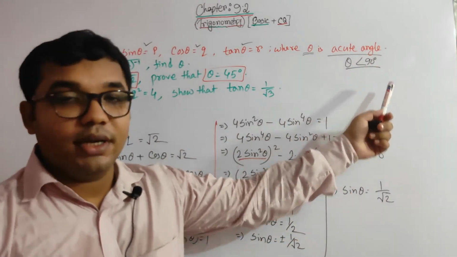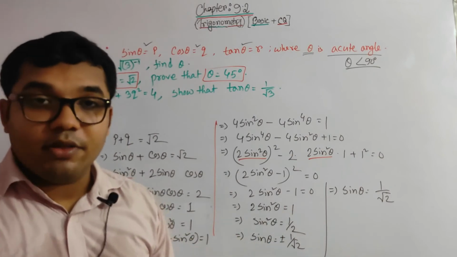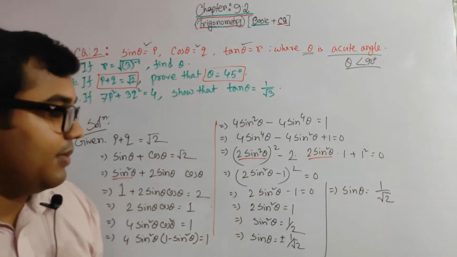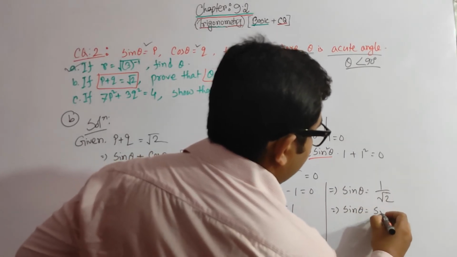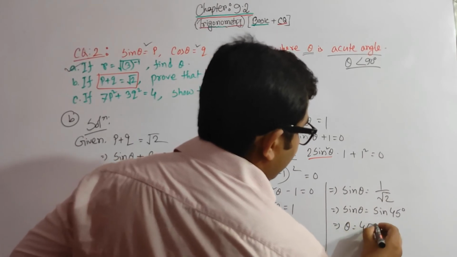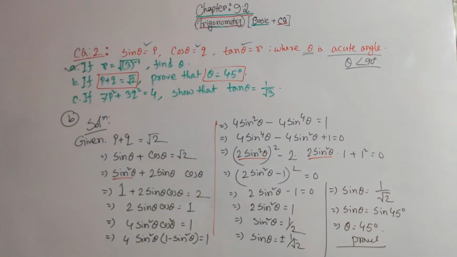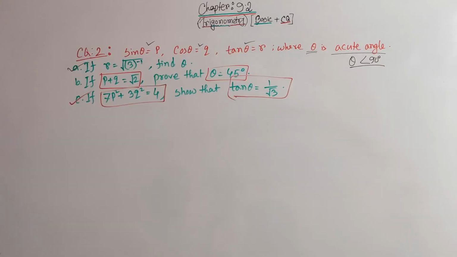Since the angle is an acute angle, minus will not be counted, because we have already completed chapter 8.3 in our higher mathematics. That's why you know what is an acute angle, what can be the abscissa, you know everything. That's why we may go for sin θ = sin 45°, and finally we can write θ = 45°, which is our required result. Clear? I think you can understand all of the math. Please, my dear students, pause the video and write all of the math part. Then you will go for the next part.